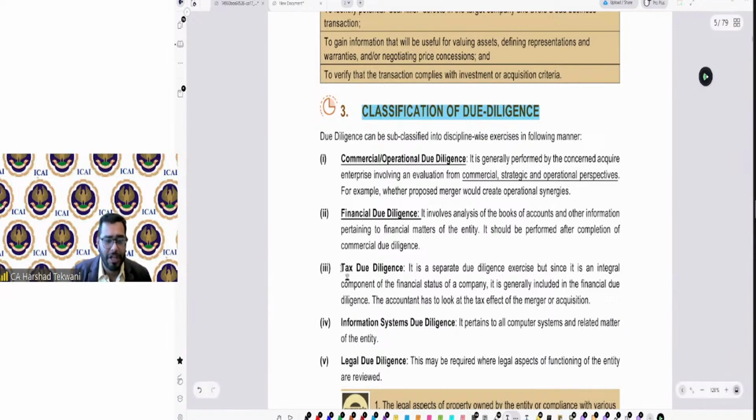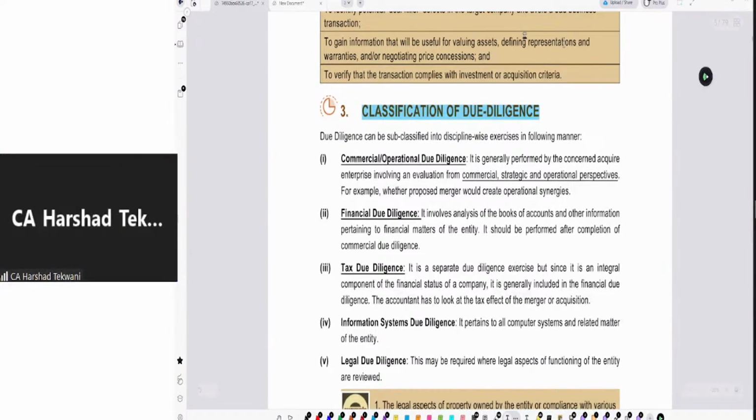Then comes the tax due diligence, a very important due diligence that is done. Whenever there is a merger, acquisition, or the start of a new company or project, or someone wants to start a new business in some other jurisdiction or territory, at that point in time this tax due diligence is taken care of. It is performed to verify